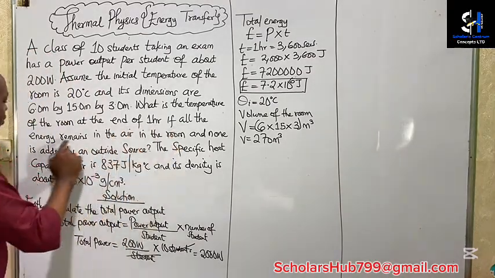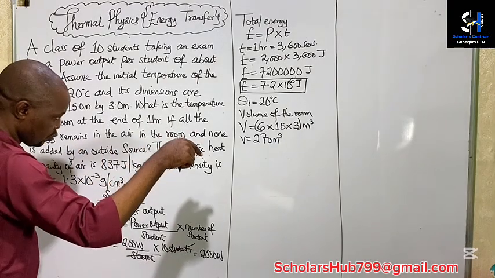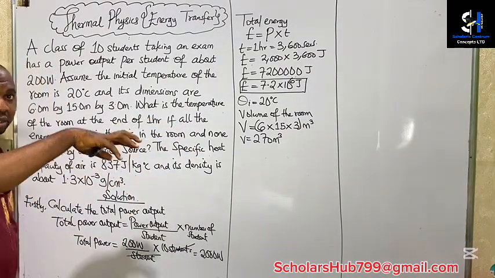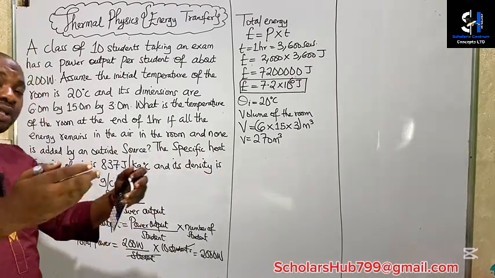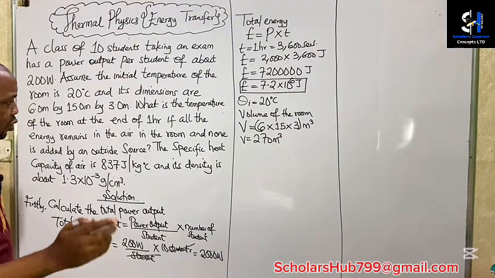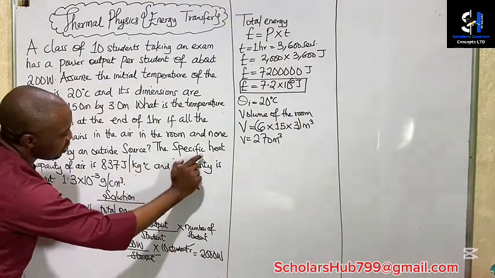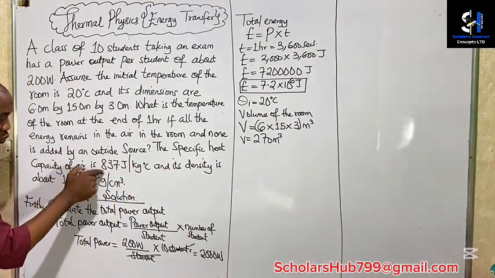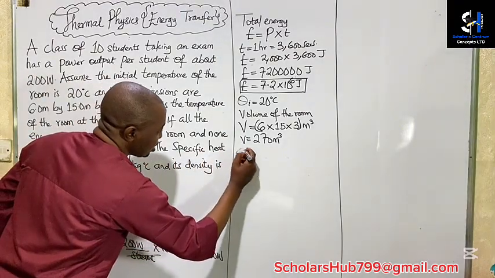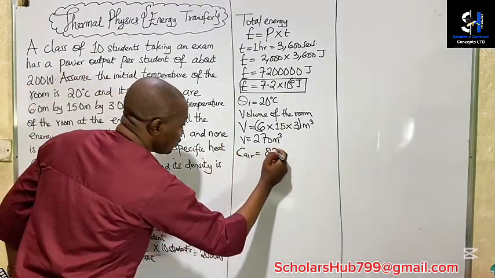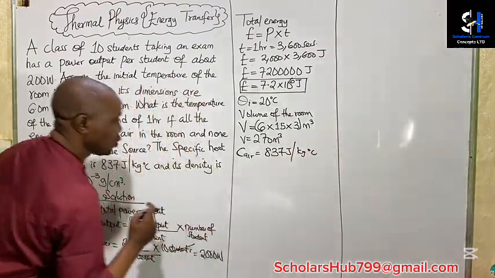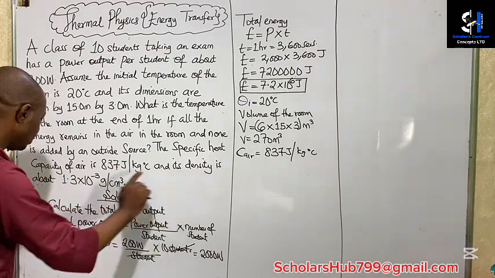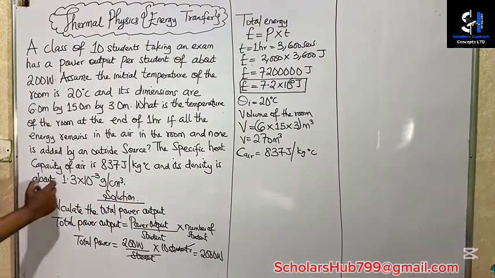Okay, so now, if all the energy remains in the air in the room, that means none is added by an outside source, just like what I explained about a thermodynamic system. All right, so what is important here, we're given the specific heat capacity of air to be 837 joules per kilogram per degree Celsius. Now we're also given the density of the air in the room, which is about 1.3